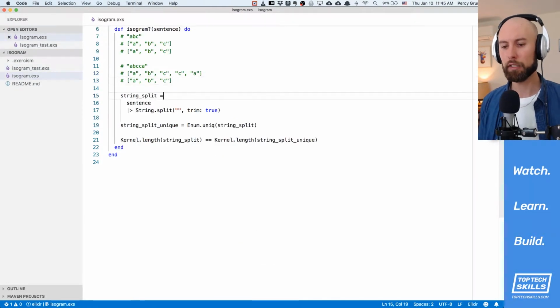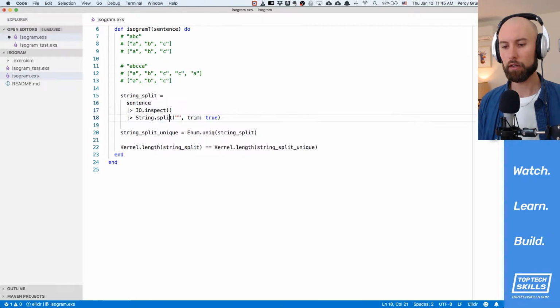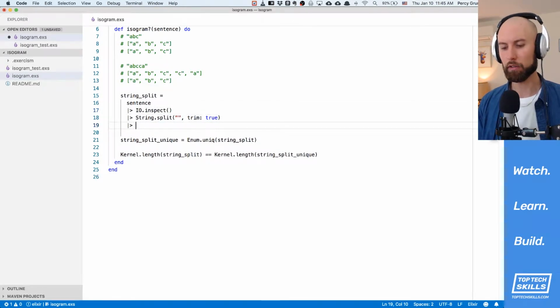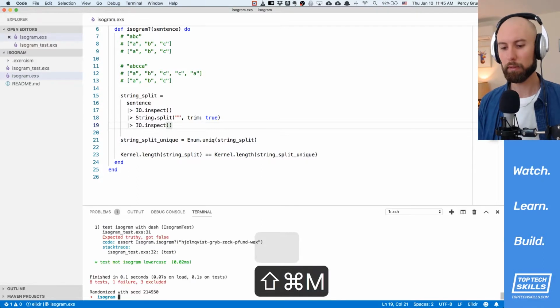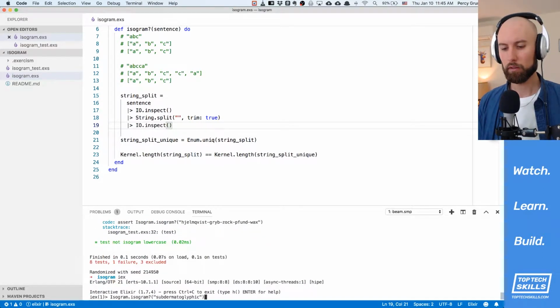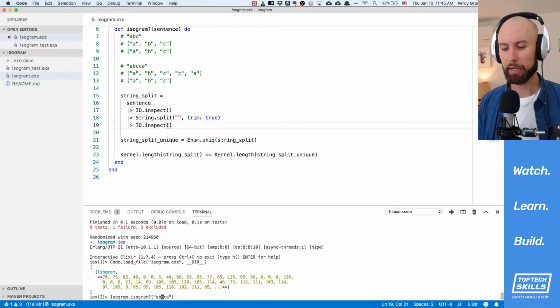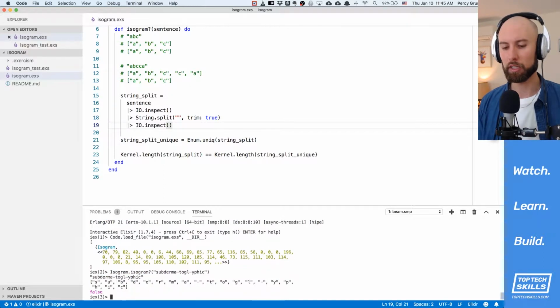I think the best way to do this is just to remove any non-alphabetic characters. For now, I'll leave that in there, but let's put an IO.inspect here and an IO.inspect here. And we'll jump back into IEx, load the code, and see if we can just remove non-alphabetic characters. Let's start with a word that we know is an isogram, and we'll throw in 2 dashes and see what comes out. This is returning false, and the reason is that we've got 2 dashes in here,